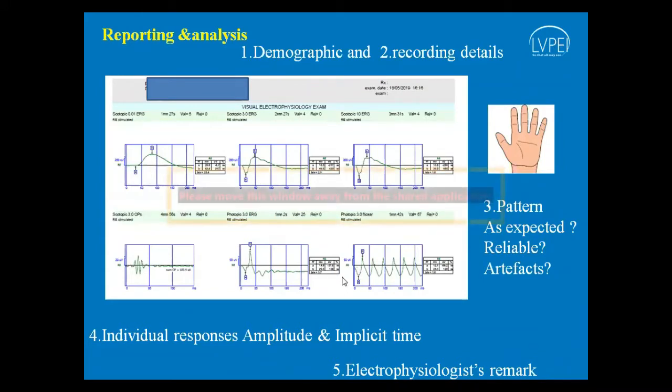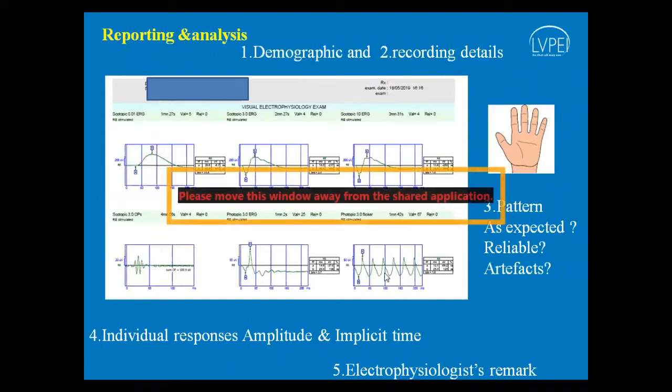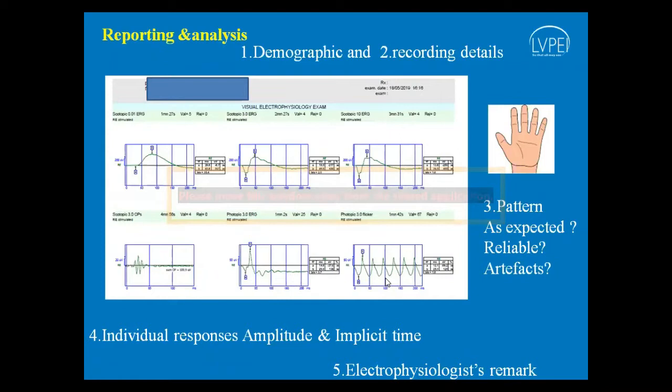This is followed by 2 recordings in the photopic phase. This includes the 3.0 photopic and the 30 hertz flicker response. During this recording, the rod photoreceptors get saturated, and the responses are predominantly from the cone bipolar cells and cone photoreceptors. The 30 hertz flicker is more specific for the cone photoreceptors than the other programs available.